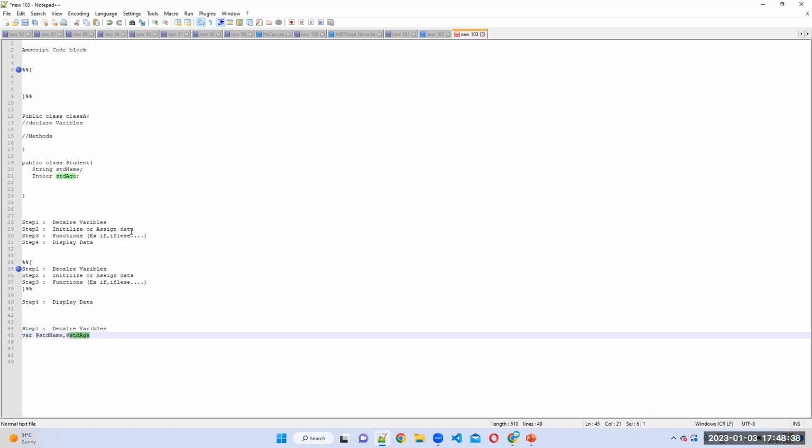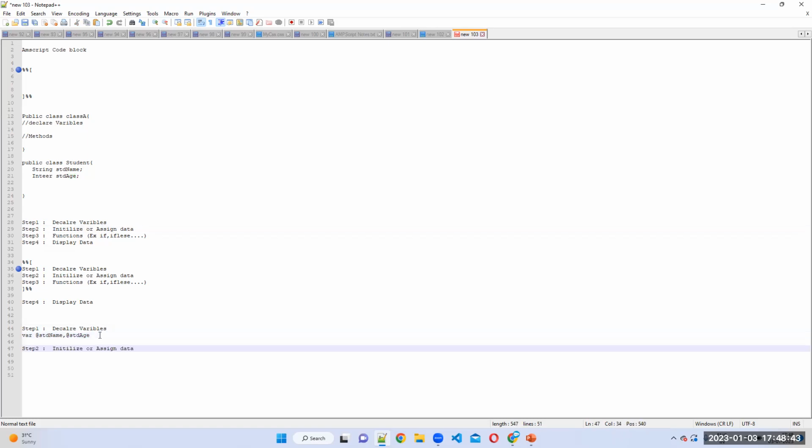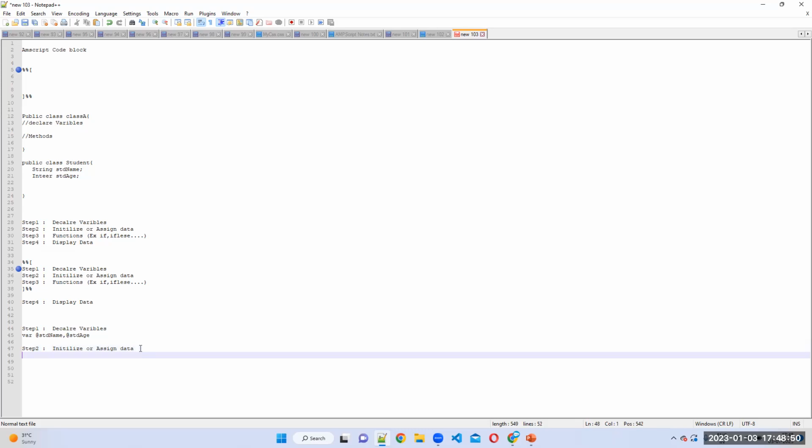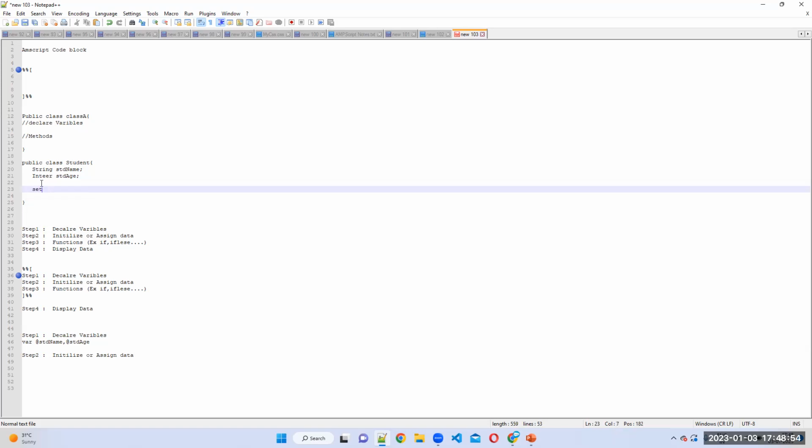Simple. The second step is to assign the data for the variables. How we can assign data is like how we have a set method in an Apex class, right? Normally we use a set method, for example setStudentName in Apex or Java. Same here in the AMPScript language, we can use a set keyword, and for whichever variable you want to assign data, for example, I'll take student name equals to,